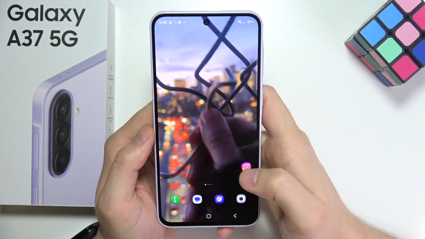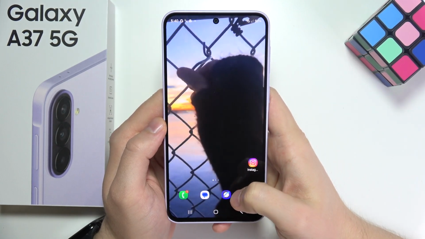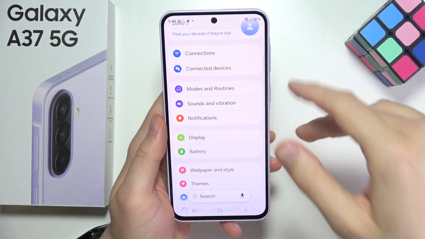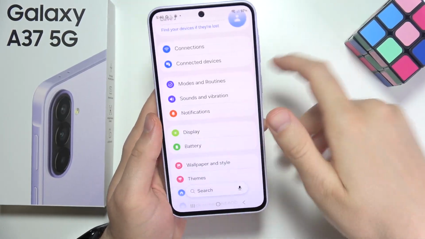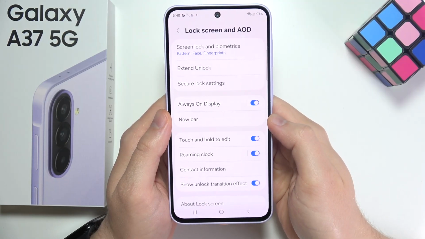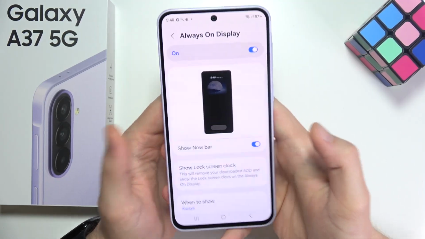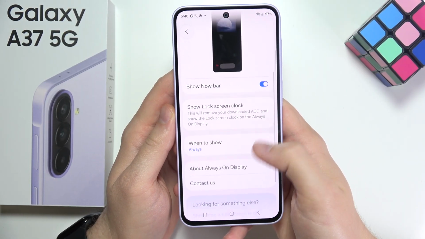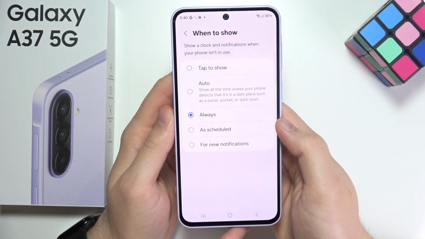To customize always on display on the Samsung A37 5G, first of all, you will have to open the settings, and those settings are actually available in two different places. The first one, you probably already know this one, the lock screen and AOD, always on display. And here you can hide the now bar, you can also change the turn on option,